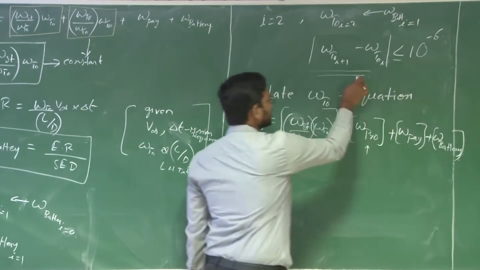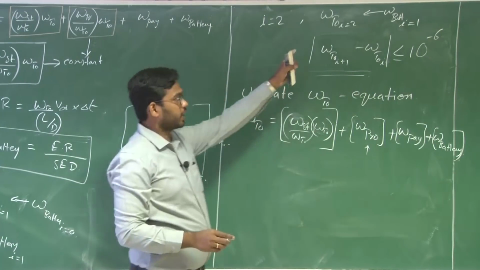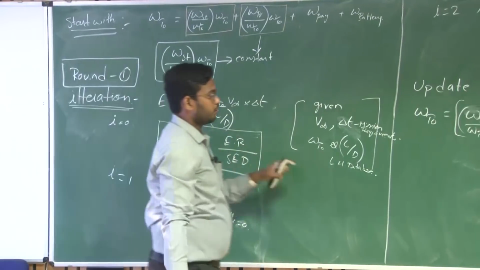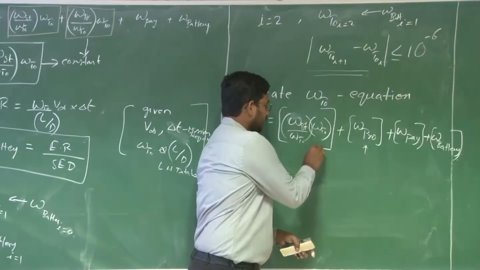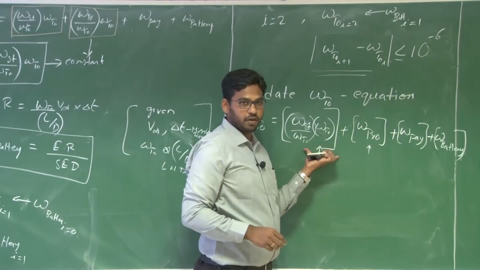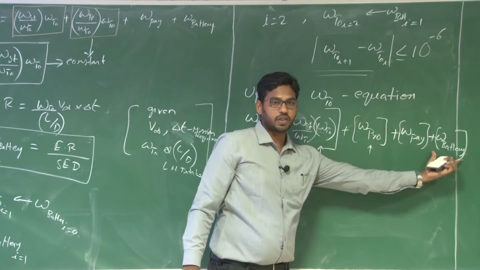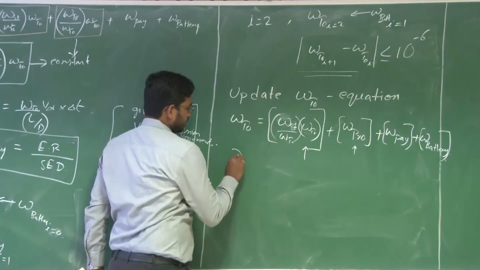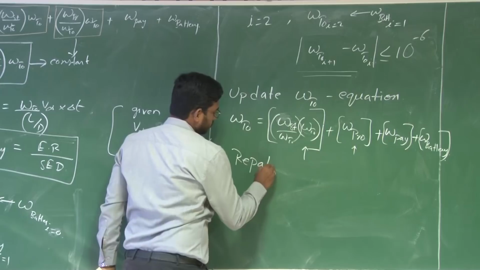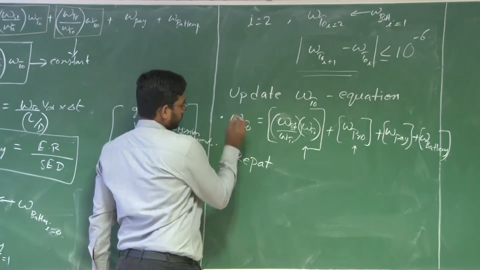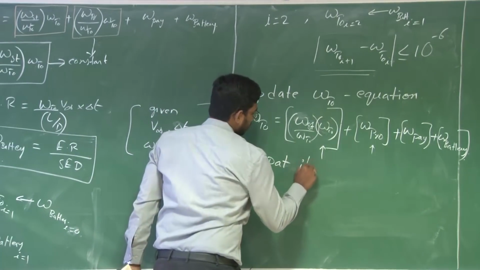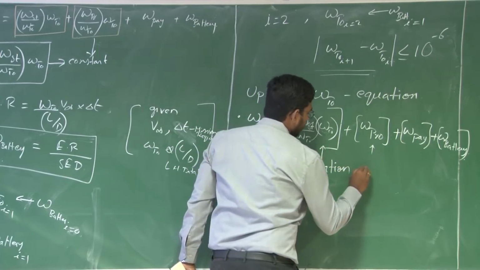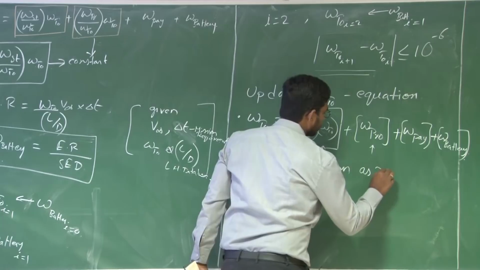But this battery is the weight of the battery that you obtain by the end of the first round of iterations. But since you have updated the propulsion weight as well as the structural weight, these two parameters, this has to change again because the overall takeoff weight is changing. Now repeat the iterations as performed.